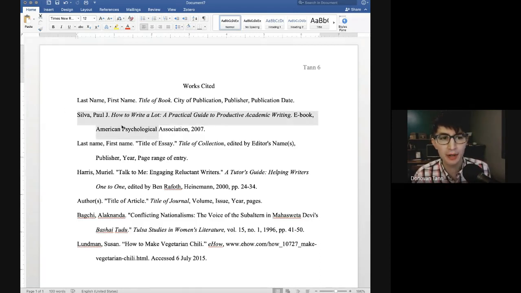Now, here's an example of another book. Actually, this is a really amazing book. I recommend it, but you'll notice again here, right, a middle name drops here at the end. It's given the title. This one, though, is an ebook, right? And so if you have an ebook, you can just include ebook right before the rest of the publication date, just so readers know that it's not going to have the same pages or page numbers that a regular book might have. If it's a specific store's ebook, you might say Kindle ebook, just some reference so that readers know where they can find the exact book that you had, right?